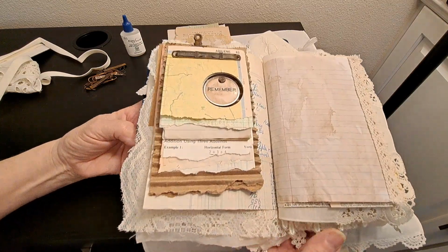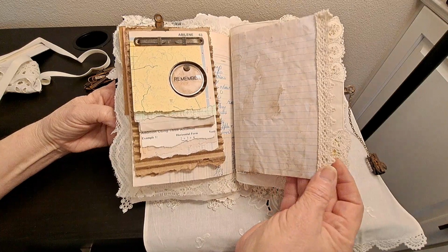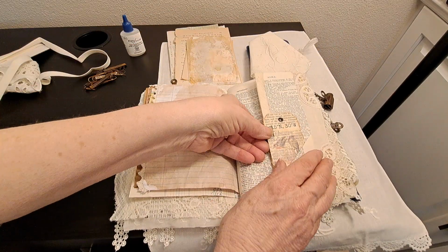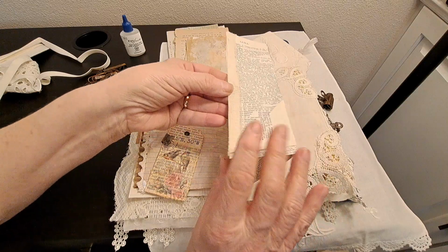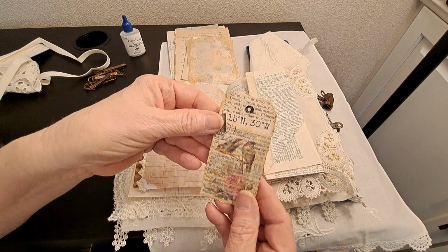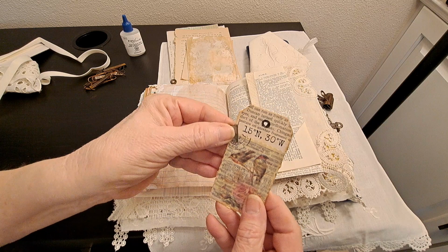And then this is just some writing paper with a little lace on the edge. Oh, this is, again, some kind of crazy thing. It's some dictionary page, and again, I added the hem tape just to strengthen the edge when you pull it out. This is a little tag that I made, and this is, I thought it was a paper clip,